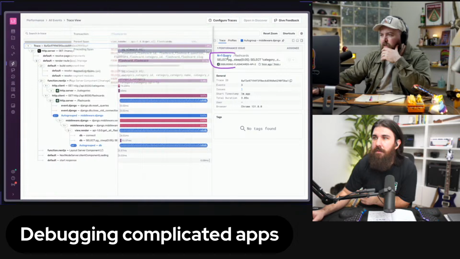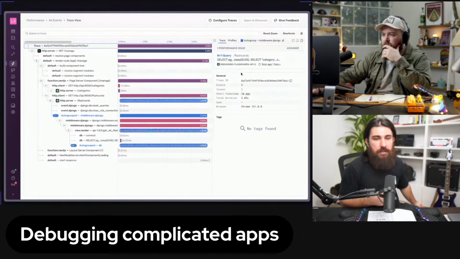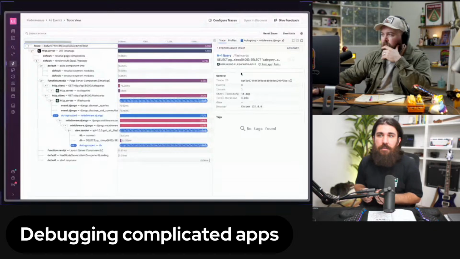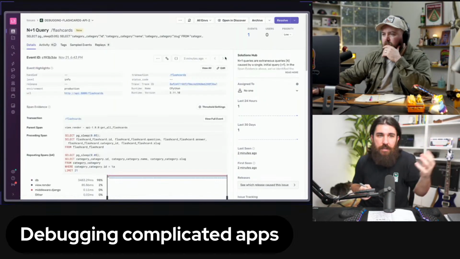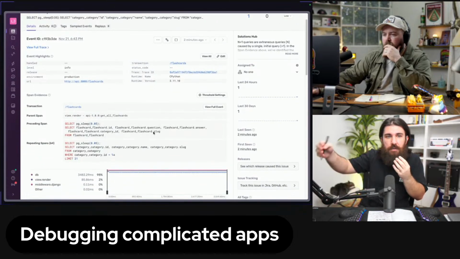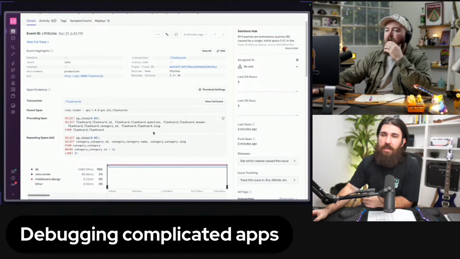Look at this one. N+1 query. This is one issue that the Sentry SDK figured out. It's an N+1 query. Basically, we say give us all of the IDs, and now for each ID, give us the details, right? So you can click into it. You'll see that this is an issue, but go back now.